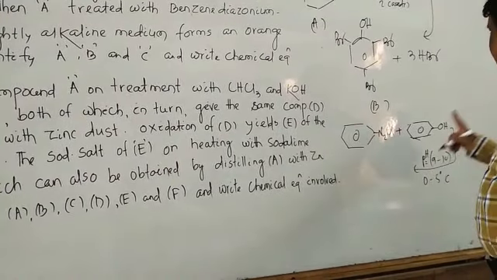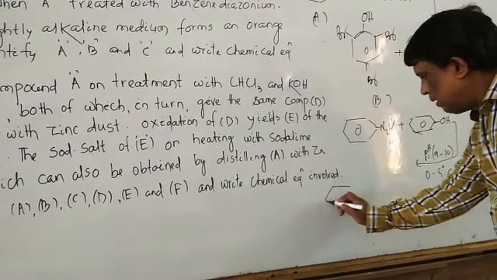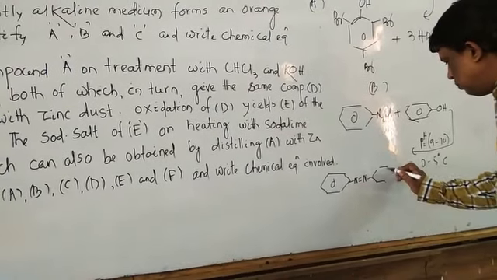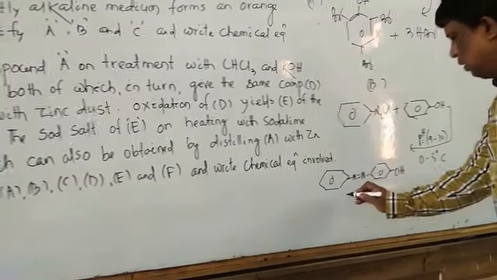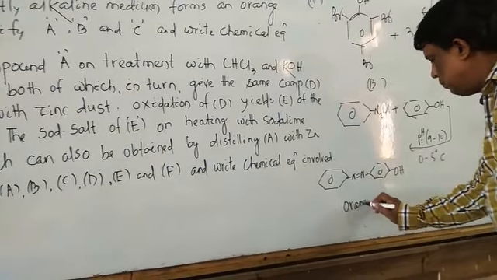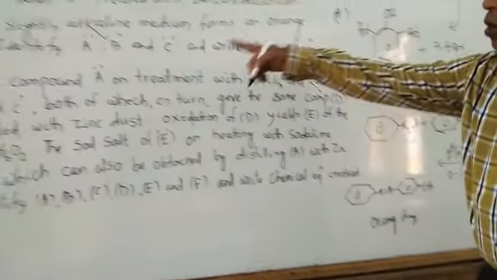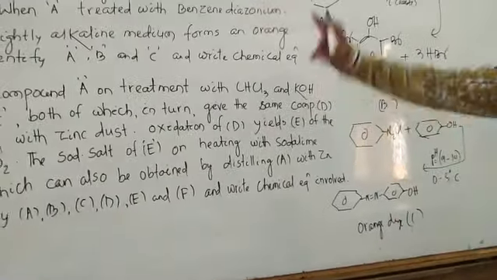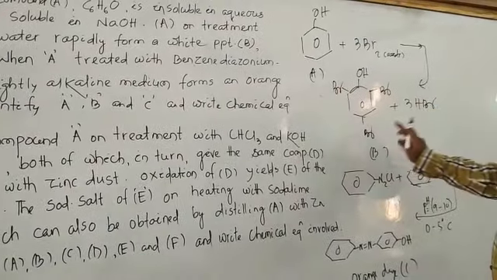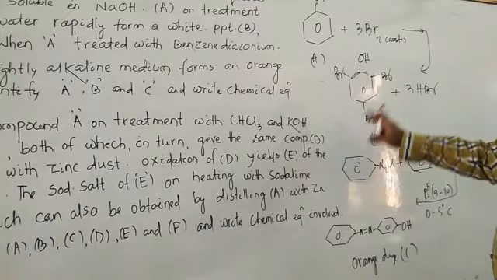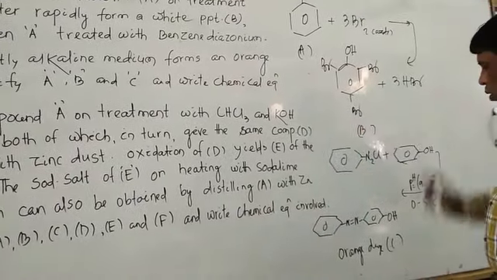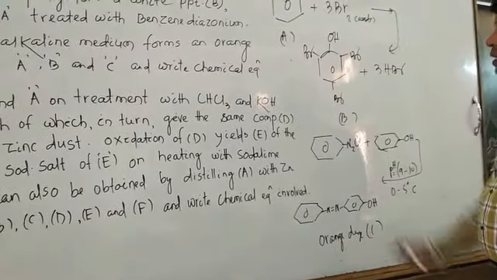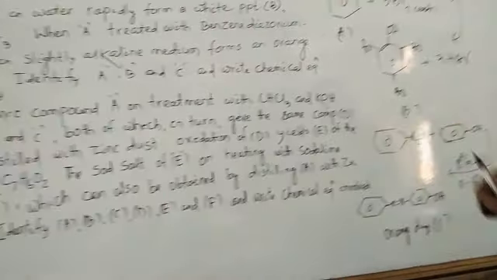That dye is known as p-hydroxyazobenzene. Mark this one. It is an orange dye, known as C. Its name is p-hydroxyazobenzene. So here A is phenol, B is the white precipitate 2,4,6-tribromophenol, and C, the orange dye, is p-hydroxyazobenzene. A, B, C. Next, we go to the next problem.